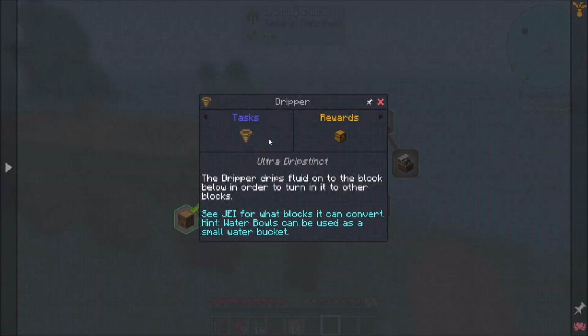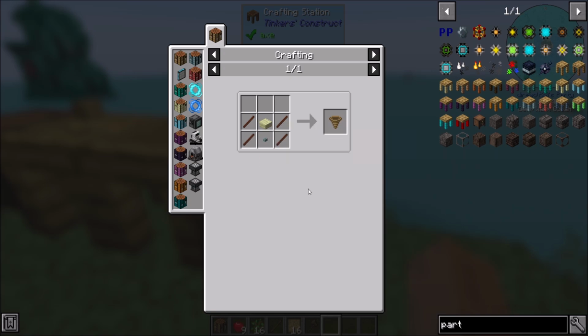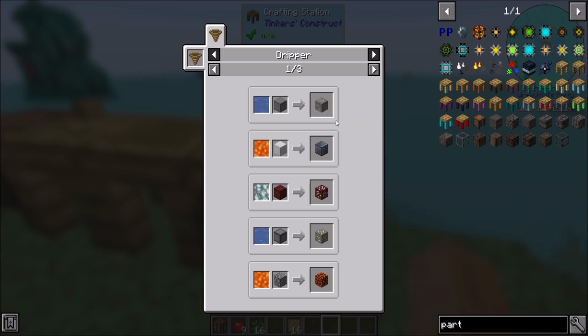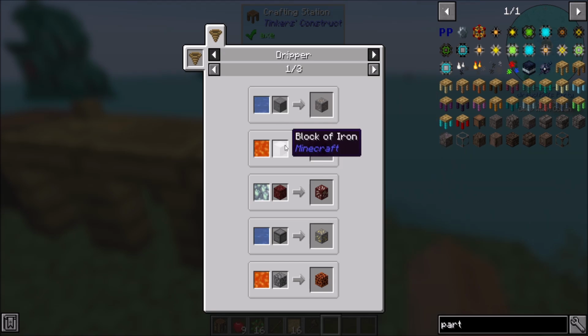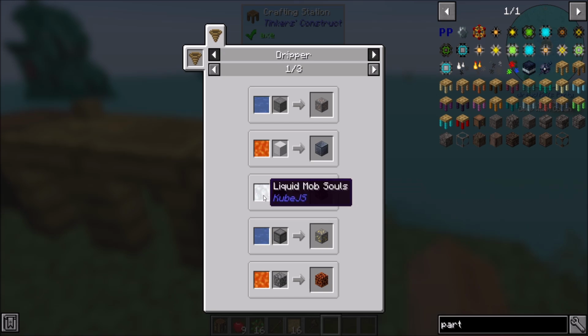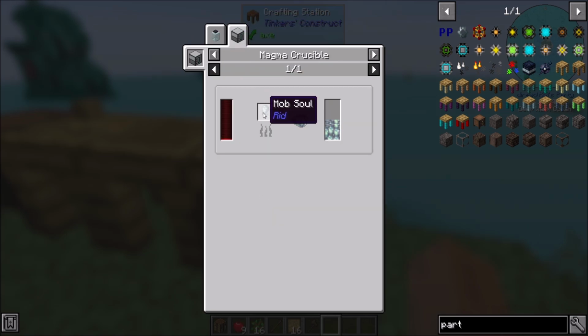That's cool. Dripper. The dripper drips fluid onto the block below it in order to turn it into other blocks. Cool. So look at this. If you drip water onto compressed stone, it makes iron. That's neat. Cast iron. Liquid mob souls? What is that? That's made in tempered glass jars or in...